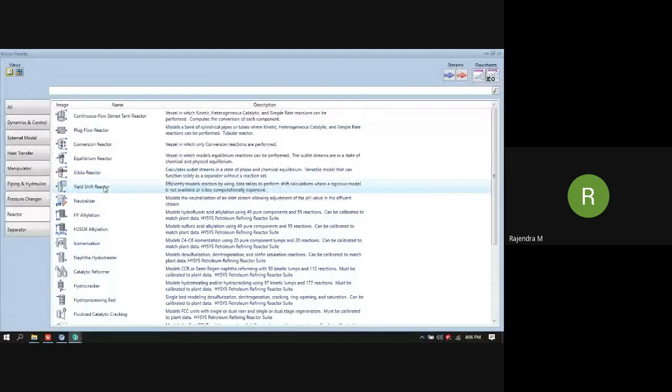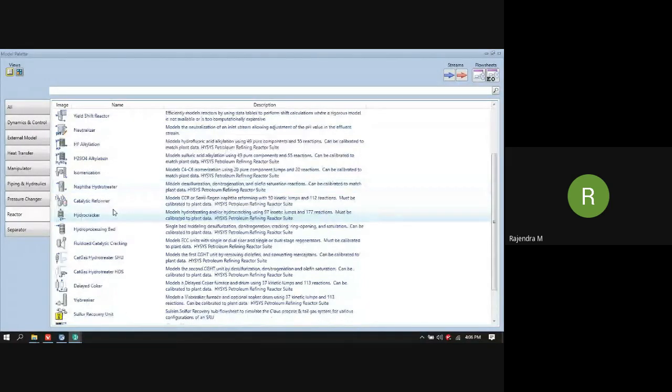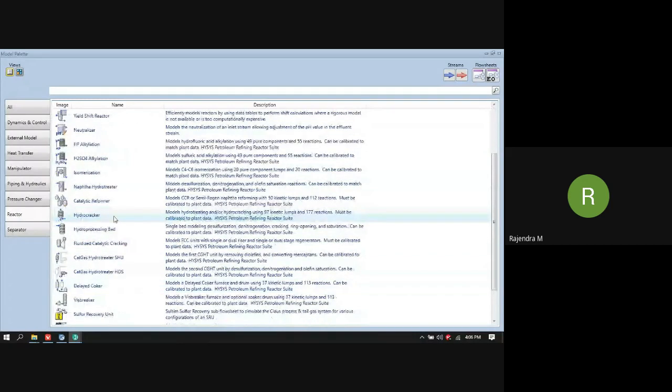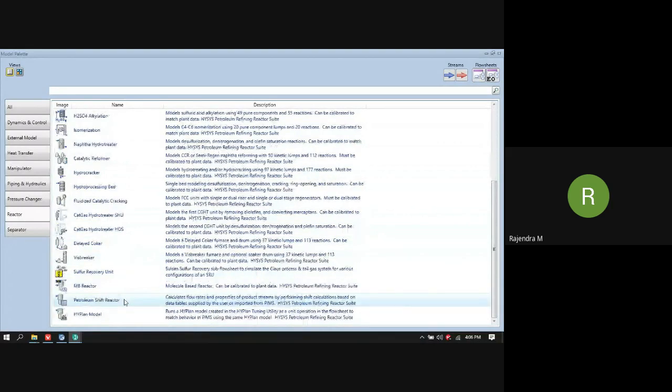And the rest of the other palettes, those are all petroleum refinery related. Okay. Isomerization, alkylation, neutralization, catalytic reformer, hydrocracker, fluid catalytic cracking. All these are petroleum refinery related reactors.